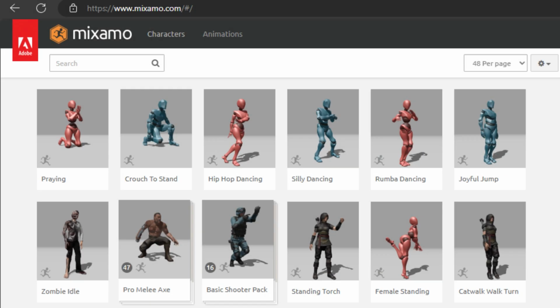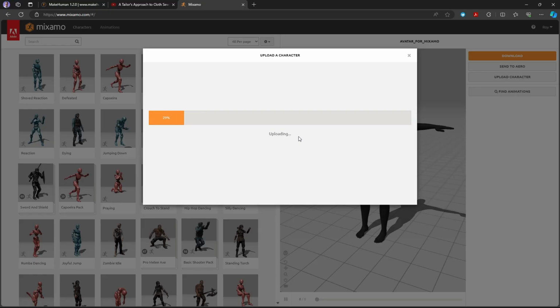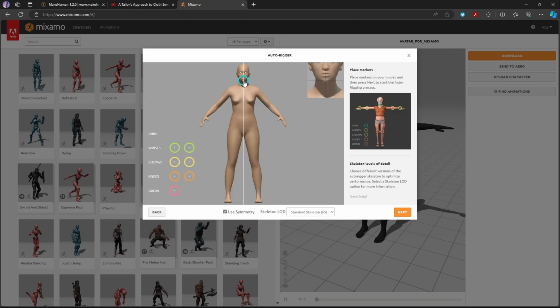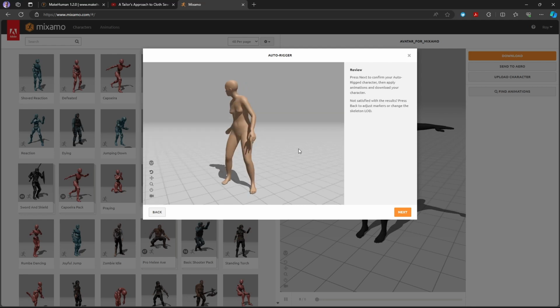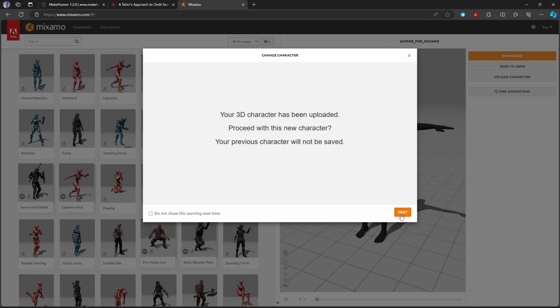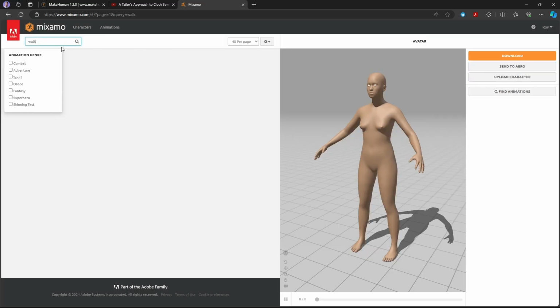Next, we are going to animate our avatar. To do this, we can use motion capture animations available on Mixamo, a free online service that automatically rigs and animates 3D characters. Locate the same FBX file that we previously exported from MakeHuman Creator and upload it to Mixamo. Once uploaded, define the positions of the chin, wrists, elbows, knees, and groin of the avatar. Wait for the automated rigging process to complete, then assess your results. Repeat if needed. Using the search tool, look for a walk animation.